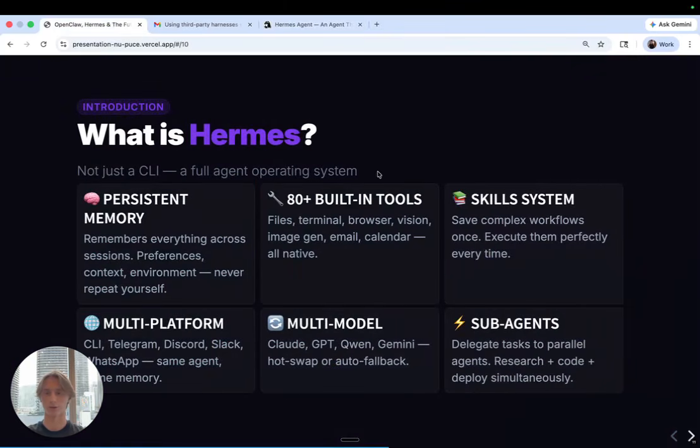Well, it's not just a CLI, so it's not just like Claude Code. It's a full operating system. It has persistent memory. It has 80 plus built-in tools. So it has, I believe, 121 skills. And it has a lot of tools that are already pre-built that normally you would have to build with